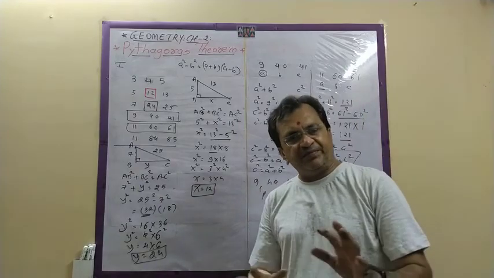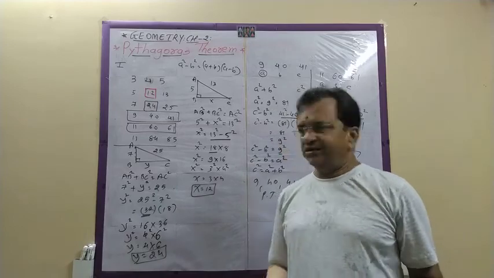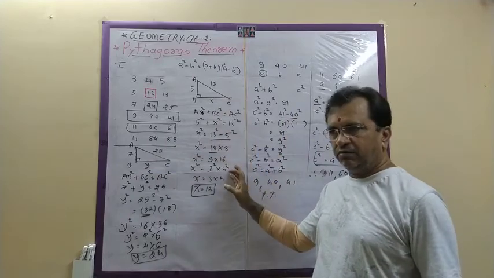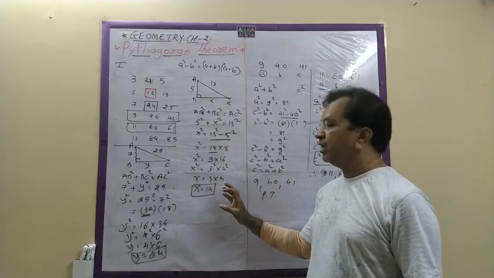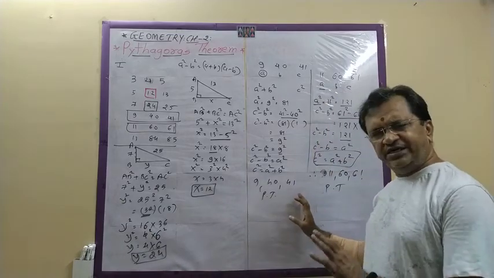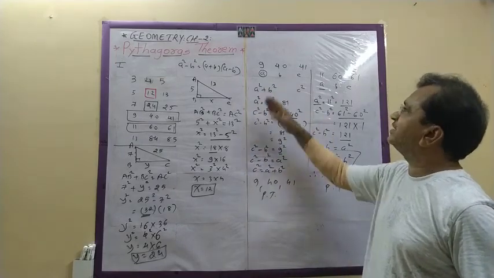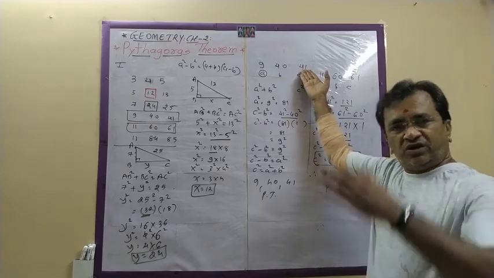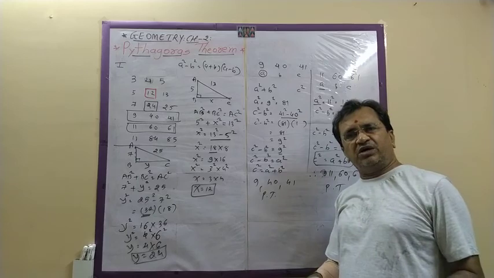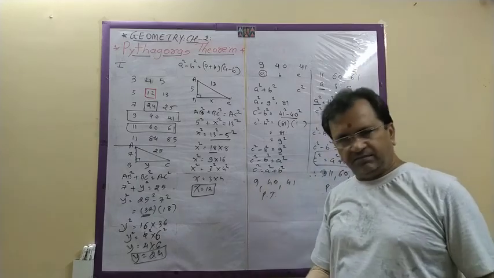So dear students, please repeat this video and observe it again and again. Try to get this first: how to get the triplet, then how to calculate the unknown side without any rough work. This is very easy, because only for the smallest number you have to find the square, not for the big ones. Otherwise, in your method you have to find the square of 41 also, and of 61. So without finding the square of the bigger number, we can also do this in the SSC board.